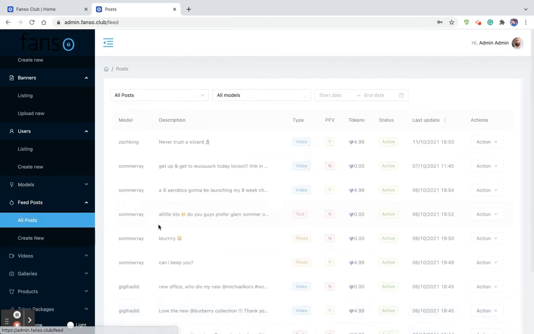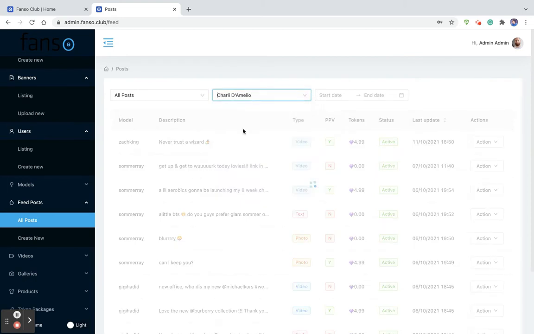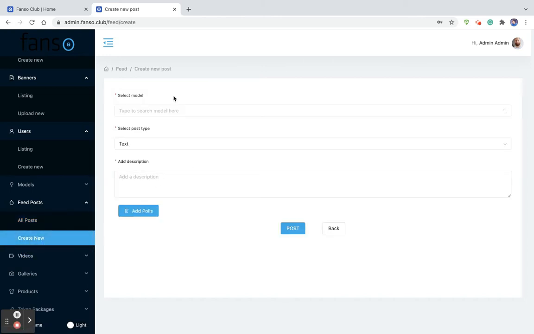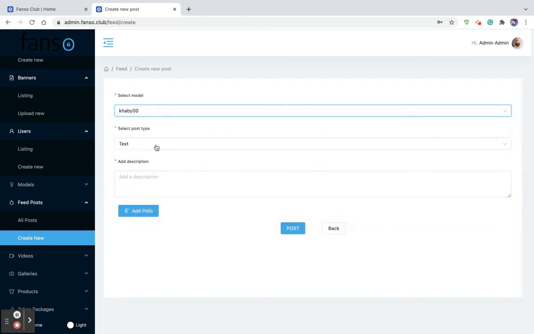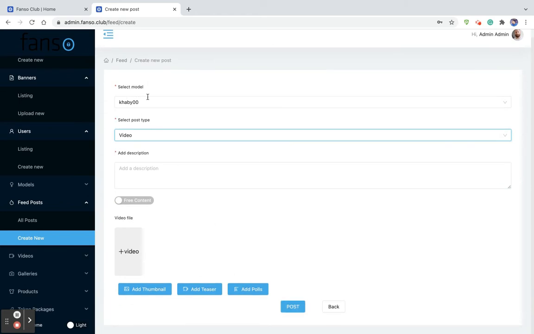Then the newsfeed management. Here you can see all the newsfeed posts from the models. You can filter by the model name. For example, newsfeed posts from this specific model can be filtered out and can be updated or deleted from here. And you can also see whether it's a token purchase, a free newsfeed post, or a post which has to be paid to unlock, right? So admin can also create a newsfeed post and put it under a specific model. For example, if I have to upload a newsfeed post under the model Cabby, I mention the model name and what type of post, then upload the content, and post it on behalf of the model. On behalf of the model, the admin can post it from the backend, right?